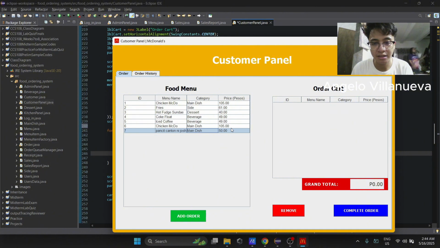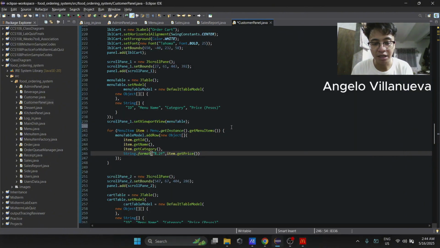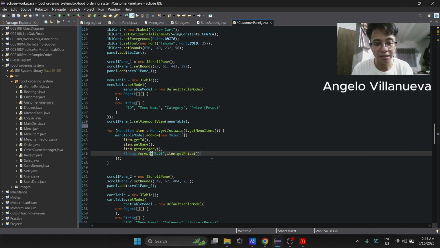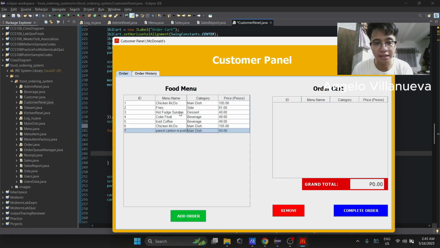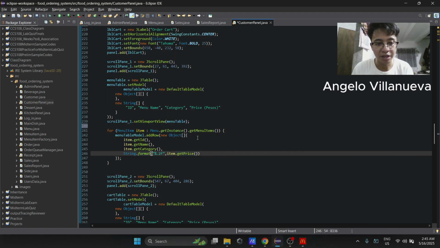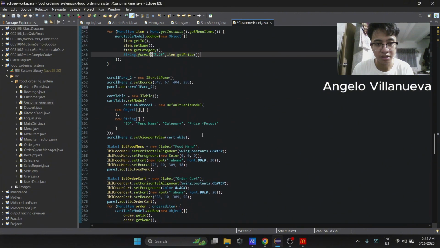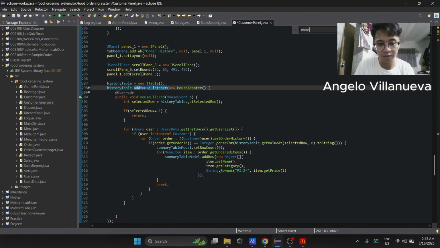Now next, to add the menu to the other side, we've made an action listener on our menu table, which is the mouse click.